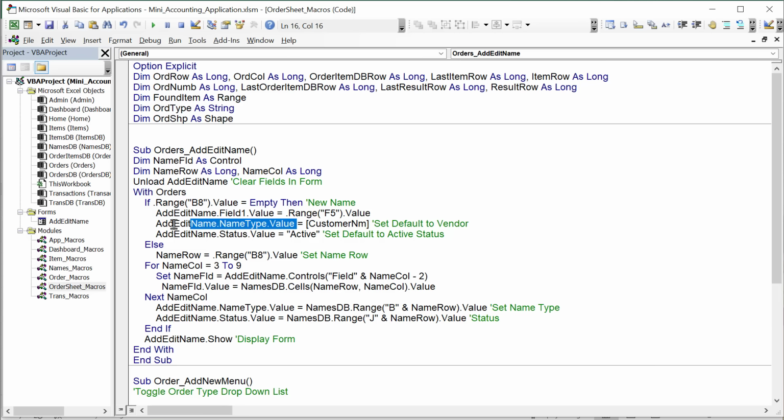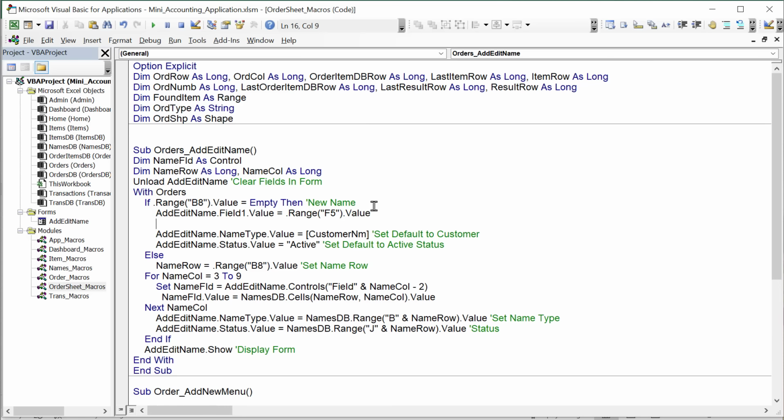We're going to set the customer name here. That customer name is going to be set to the type value. I want to know it's customer here. Set default to customer or vendor. Actually, it should say customer here. Customer name probably should be the customer or vendor. If it's a purchase order, we should set it to customer. If it's a vendor, let's do that, shall we? If Range B2 dot value equals